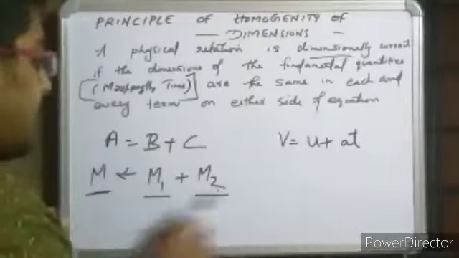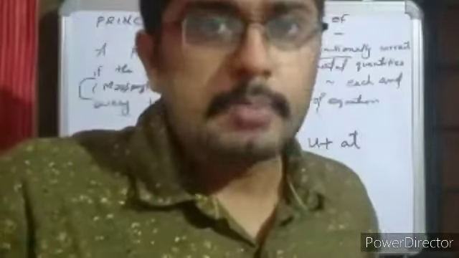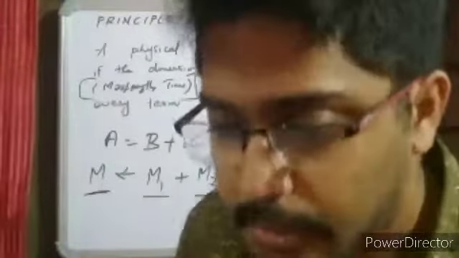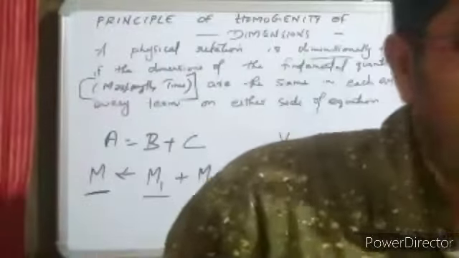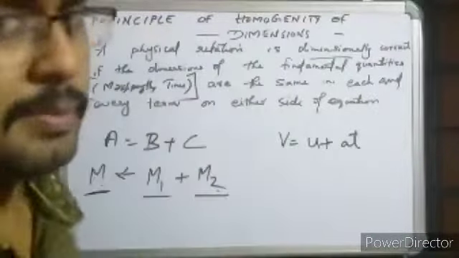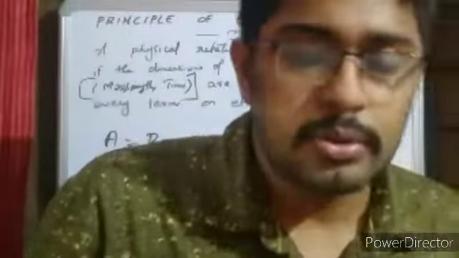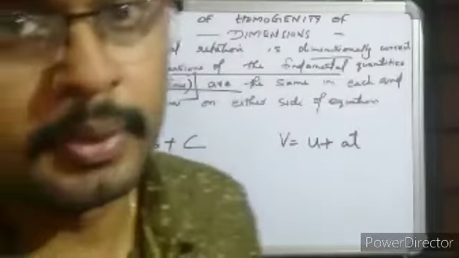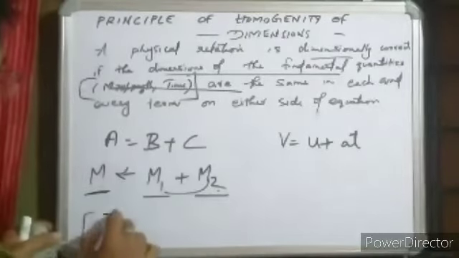If you want to add two quantities, they should be of the same kind. If it is length, to find total length it should be the individual lengths. If it is mass, it should be individual masses. Total mass should be equal to the sum of the individual masses and not any other quantities. The same is what the dimensional homogeneity principle tries to say. If the quantities are the same, of course the dimension of the fundamental quantities will be the same. So if m1 plus m2 gives you mass, then the dimension will be M here.